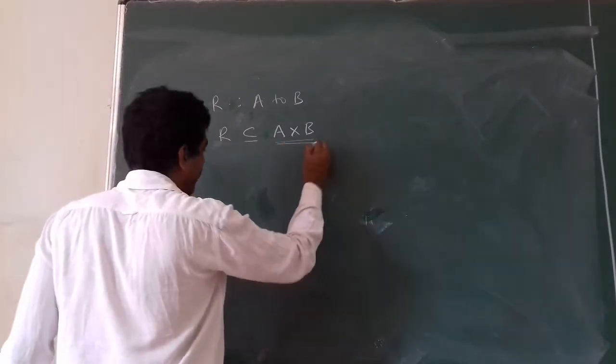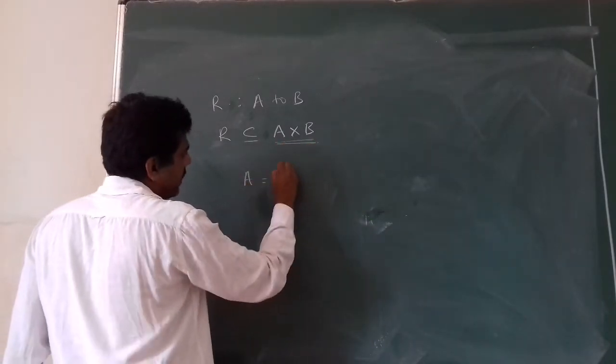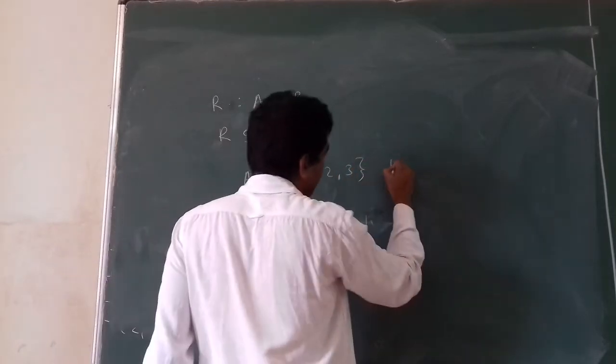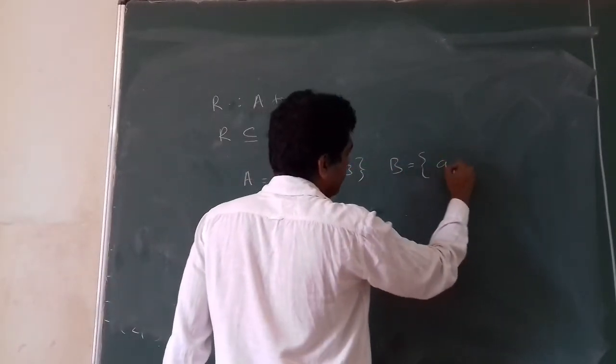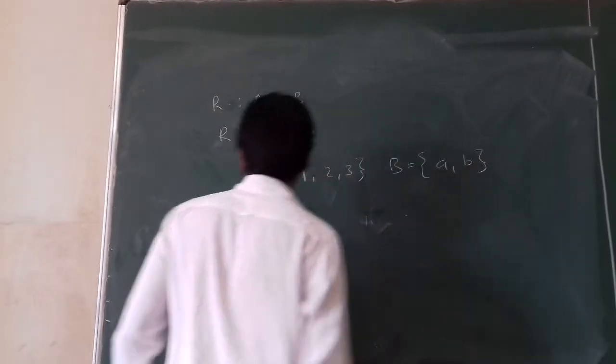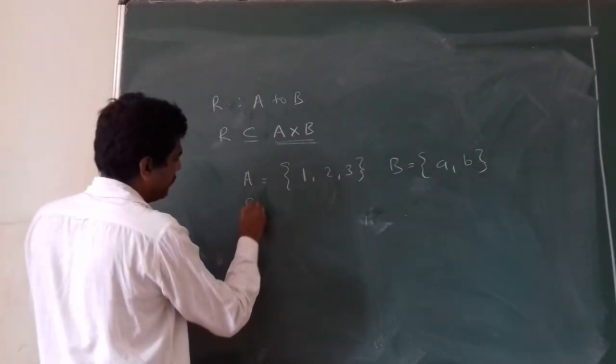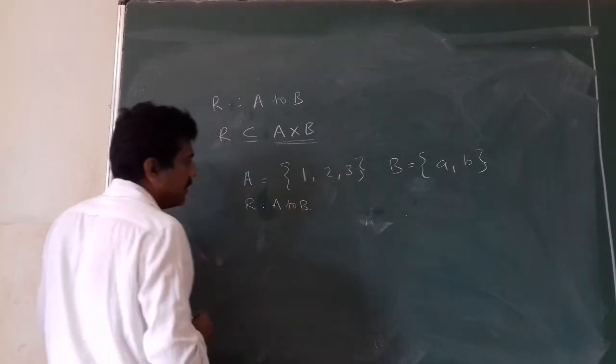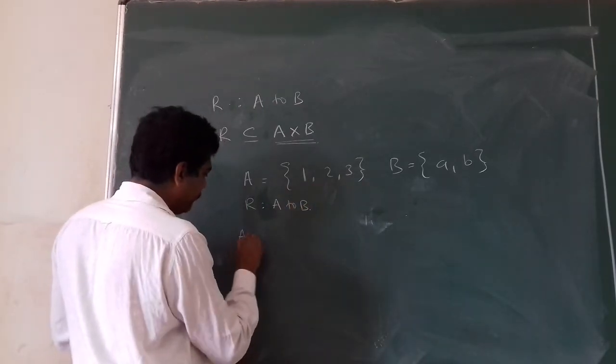Now how to compute A cross B? That we will see first. Let's say A is a set with 3 elements, and B is another set with, let's say, 2 elements. And R is the relation from A to B. Right? Then,